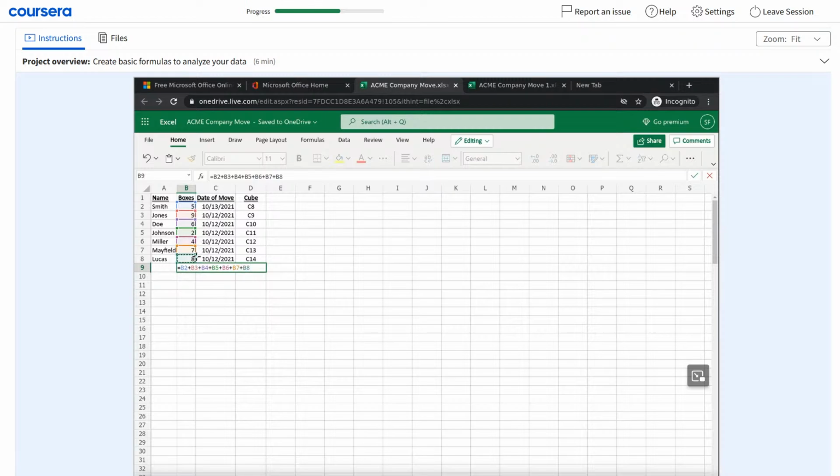Once you have all cells included, the last step, instead of a plus sign, go ahead and hit enter. This will in turn calculate the number of boxes you need. You've just done your first formula. You're going to keep repeating those formulas on Annex 2, and then once you do, we're going to move over